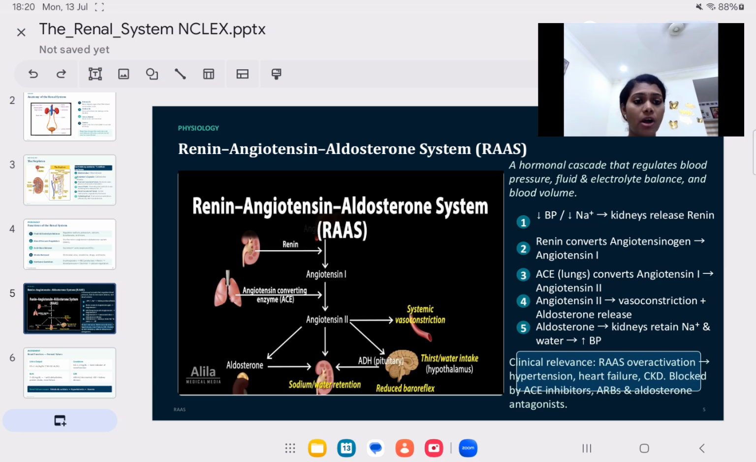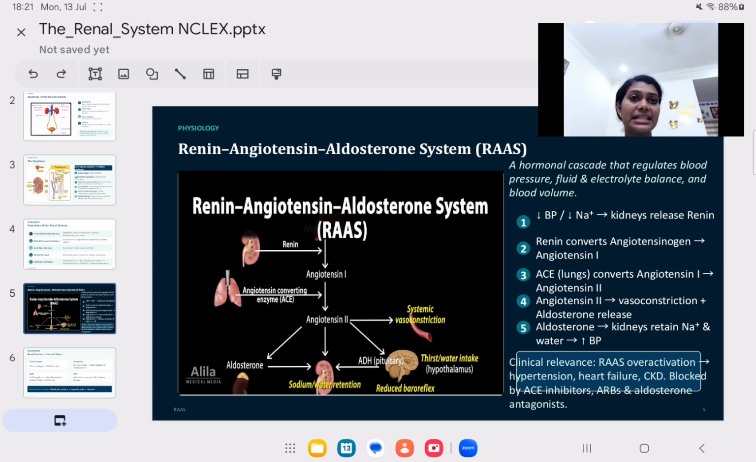If it becomes overactive, the renin angiotensin mechanism is in overaction. So vasoconstriction is taking place always, and it will lead to hypertension, heart failure, and kidney disease. The BP is always high, and this will result in kidney disease and heart failure. And we can block it